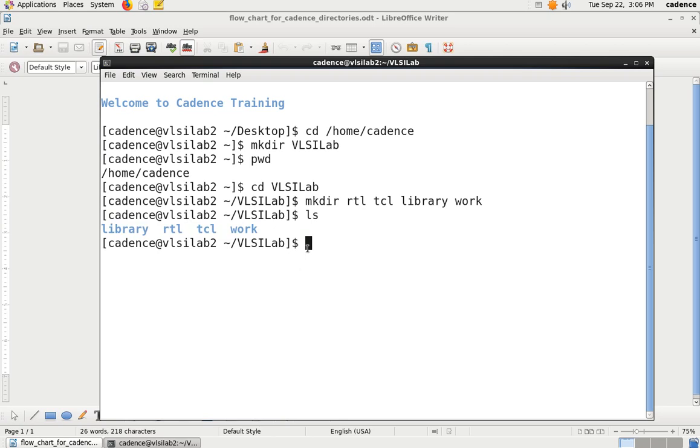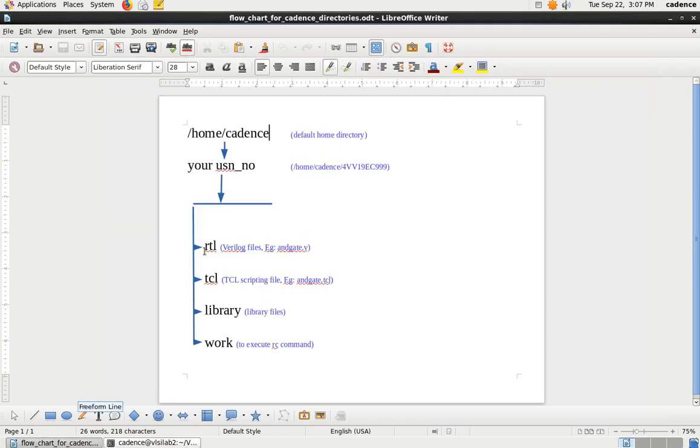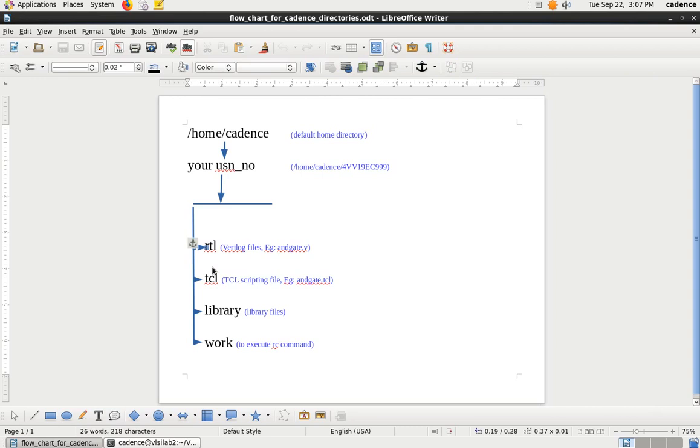Now once you do this, the next step is you have to create the RTL code for the corresponding specification, right? That means you're going to write the Verilog code for that, right? So where do I have to save that file? Inside the RTL folder, right? Because all the Verilog files will be stored in the RTL folder.